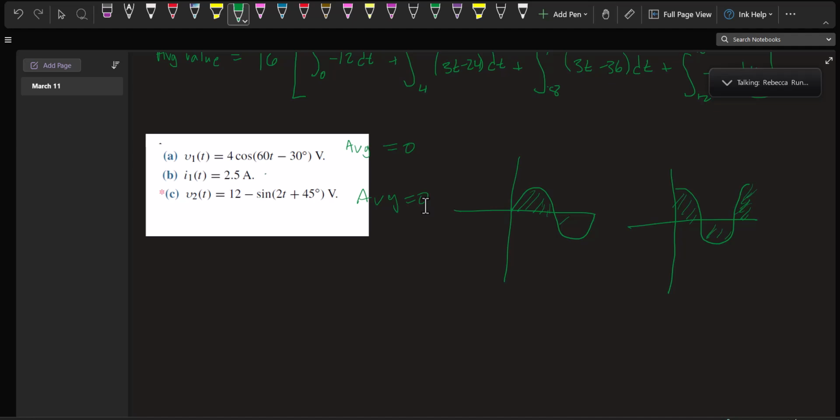and the average value of a constant is just going to be 2.5. The average value of 2.5 is just 2.5. The root mean square, though, is going to be different, because what it does is square it, and so it makes it all positive. So then when you find the area, you've got a positive number. And so you would take the